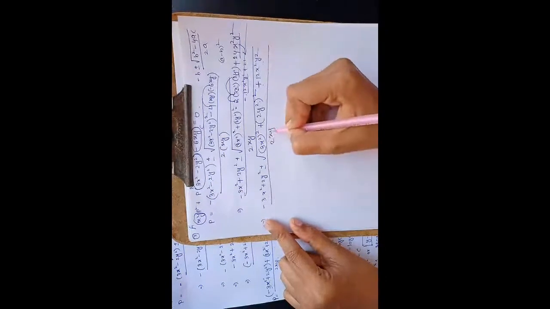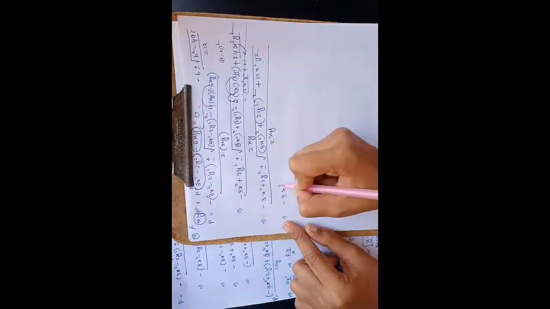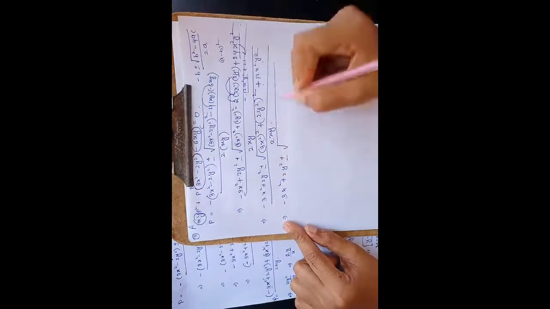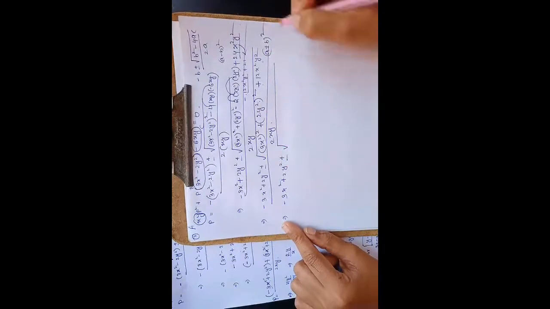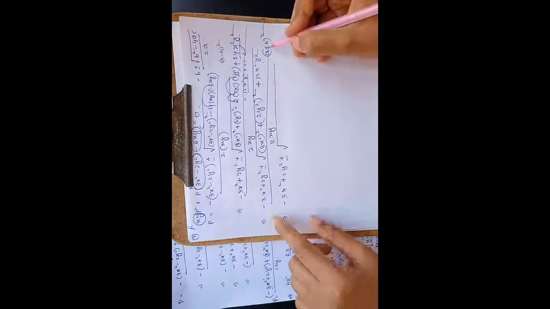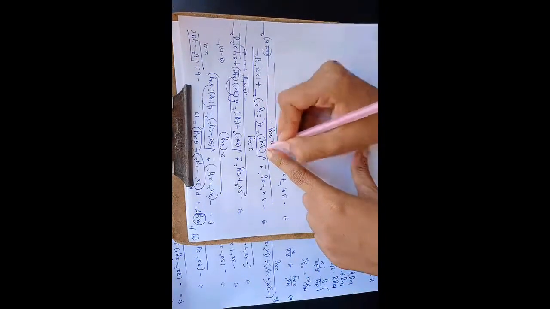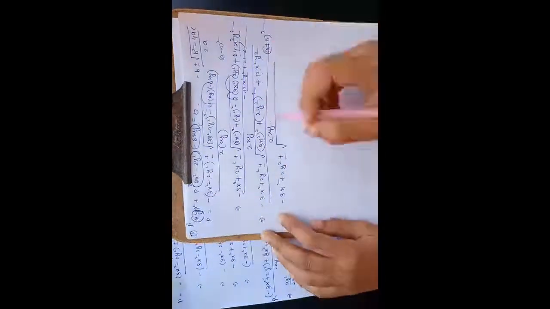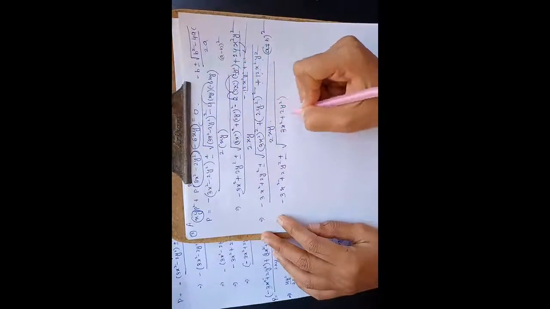So now minus 3x square plus 2y square plus or minus. See here, this is in the form of a plus b whole square formula. Okay, so a plus b whole square is a square plus b square plus 2ab. 2 3s are 6, 6 2s are 12 x square into y square. So I will write here 3x square plus 2y square whole square. So this is the a plus b whole square formula.